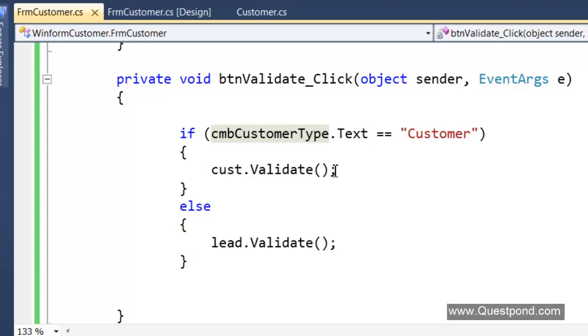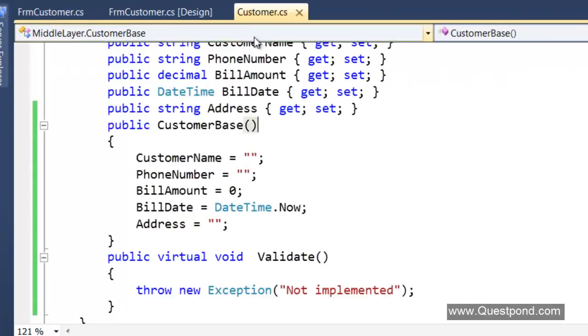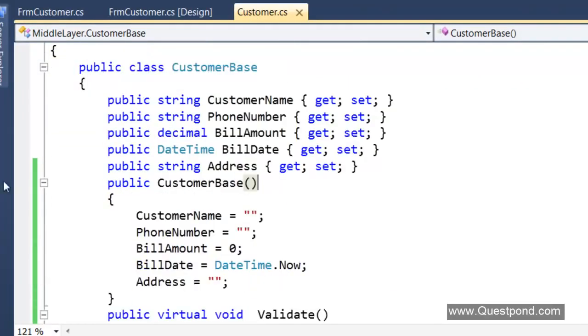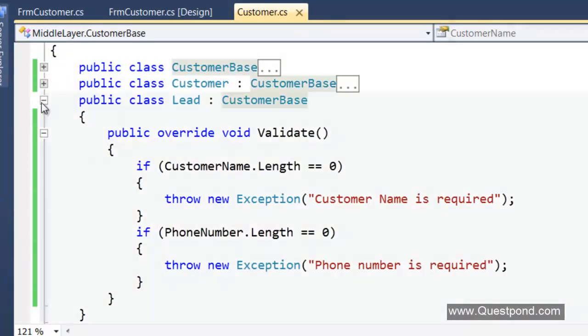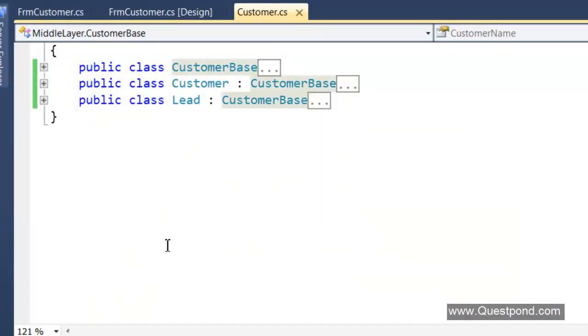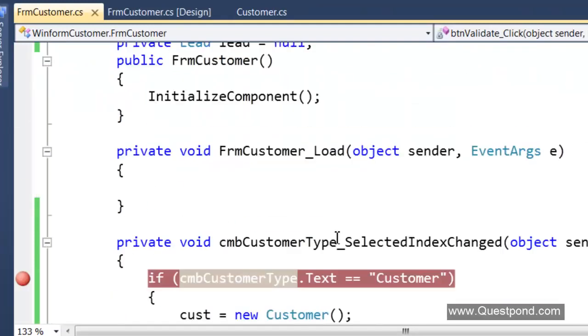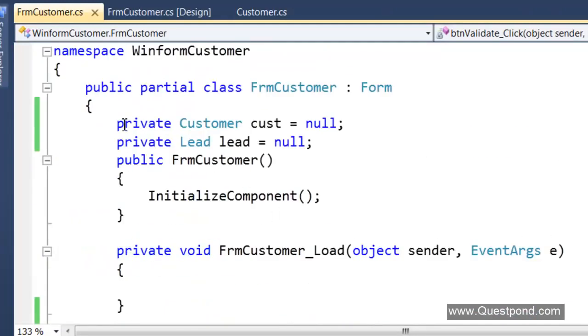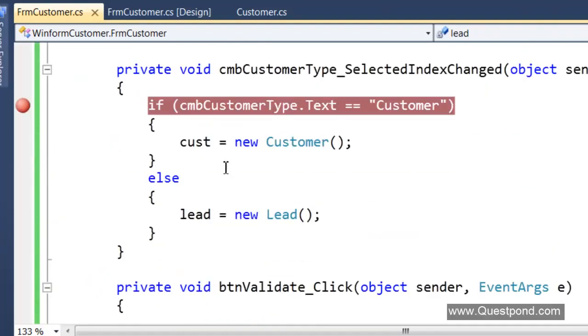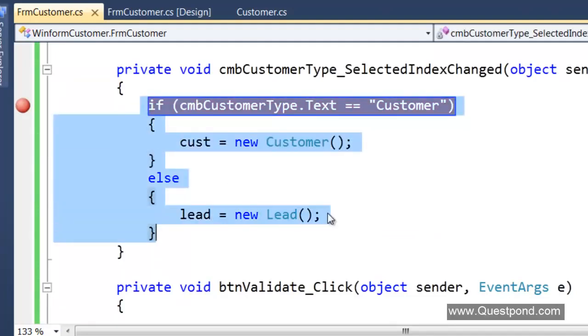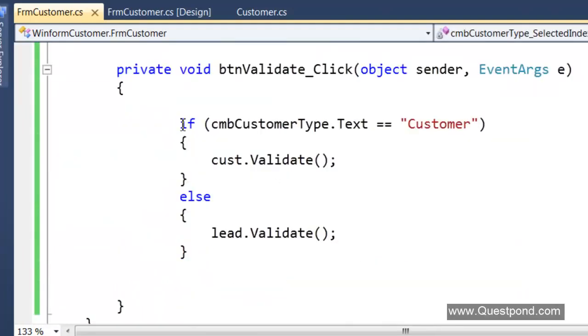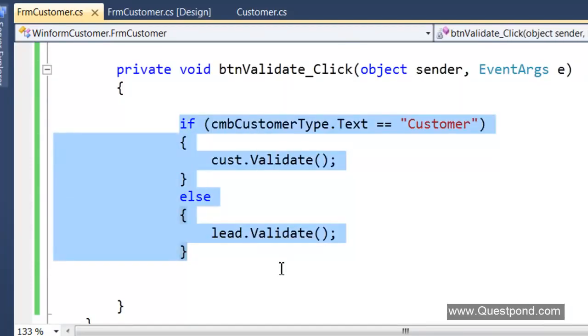If you see at this moment, tomorrow if I add a new customer type over here, let us say I add a new customer class called gold customer, then look at the places where I have to make changes. First thing, change number 1, I have to add that new type here in the form. Second, I need to add one more if condition in my combo selected event. Then in the validate event, I need to add one more if condition.